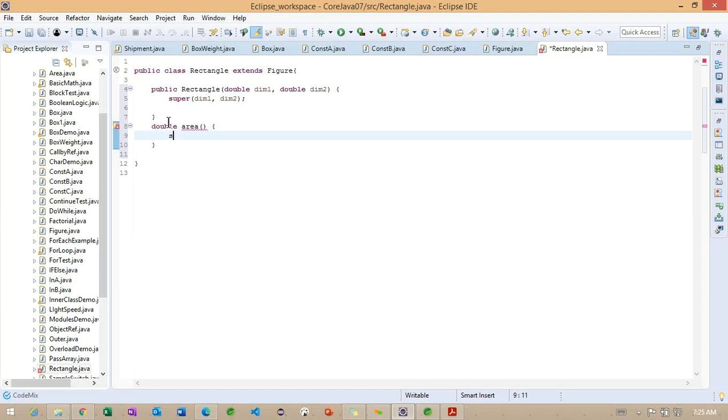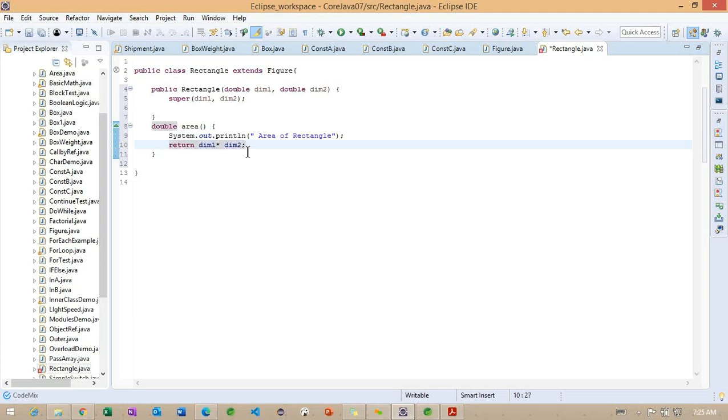So here, area of rectangle, and return, what I can do, dim1 into dim2. This is the second class here, something called rectangle.